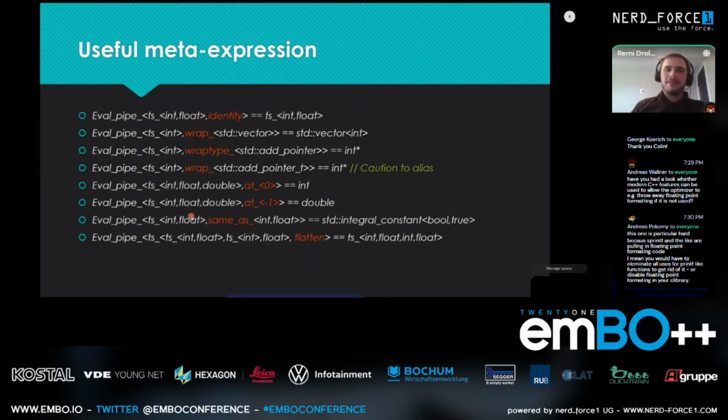Now this is something that I found very useful because I use it everywhere in my tests. In my test, is same as. So eval pipe TS int float. I want to check if it's the same as int and float, and it will output a std integral constant of bool true. And I know that there's at least like 2% in this world that will be very jealous of that, because the other same as,